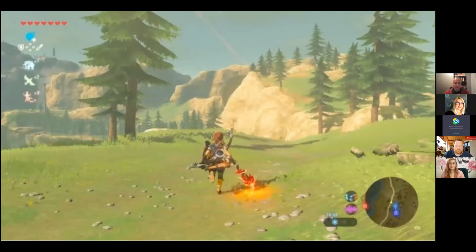This is again still Breath of the Wild, and you can see that the HUD, the heads-up display, contains a lot of information, not just about the objects in the world, but overlaid on top of the world that you see in order to tell you things that you might need to know in the moment. Some of those are things like how much life you have or what weapon you're using.